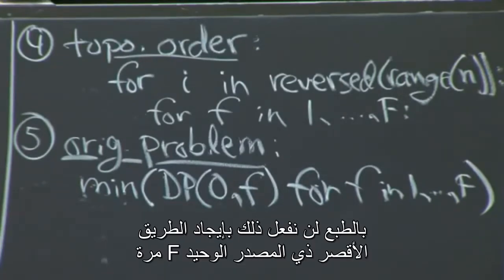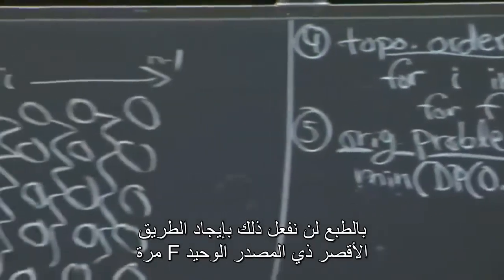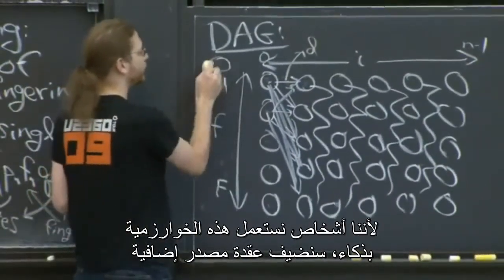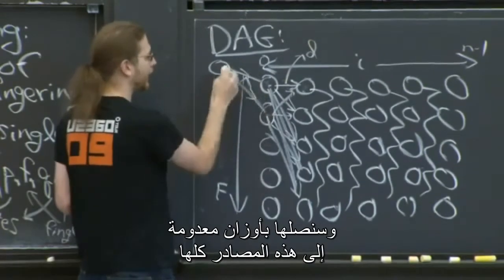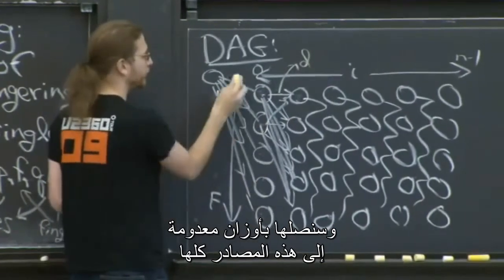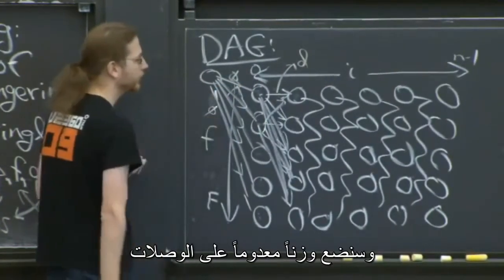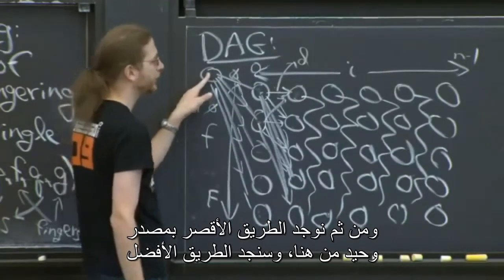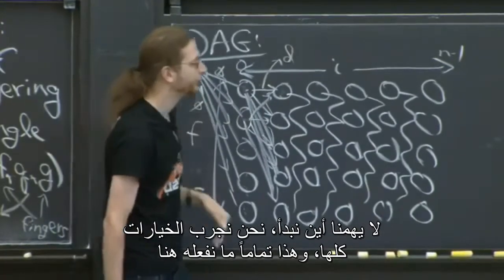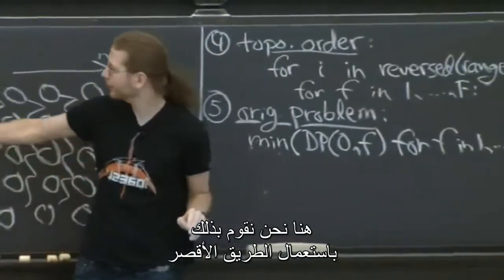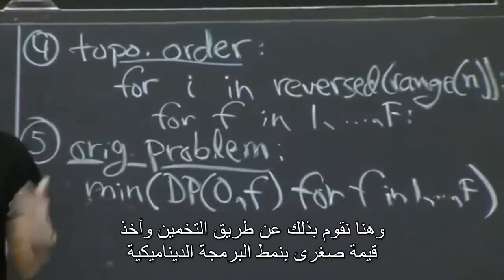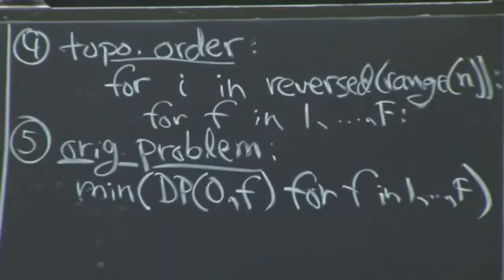Of course, you don't actually need to do that by running single source shortest paths f times. If you're a clever shortest paths person, you would add an extra source node, connect that with 0 weight to all of these sources, so put zeros on there, and then do single source shortest paths from here, and you will find the best way. You don't really care where you started, so this is trying all the options. That's exactly what we're doing here. Okay, but here I'm doing it with the shortest paths trick. Here I'm doing it with guessing and taking a min, like DP style. Okay, so that's